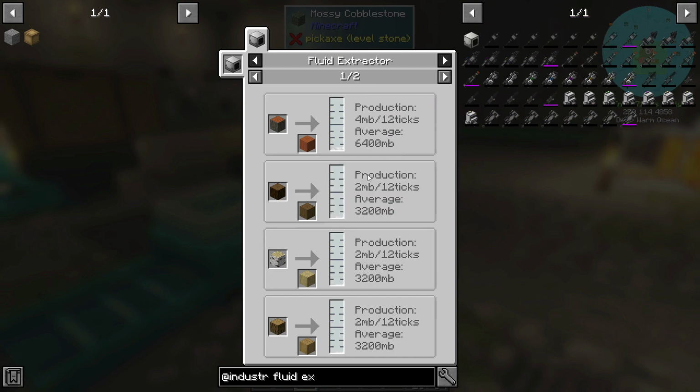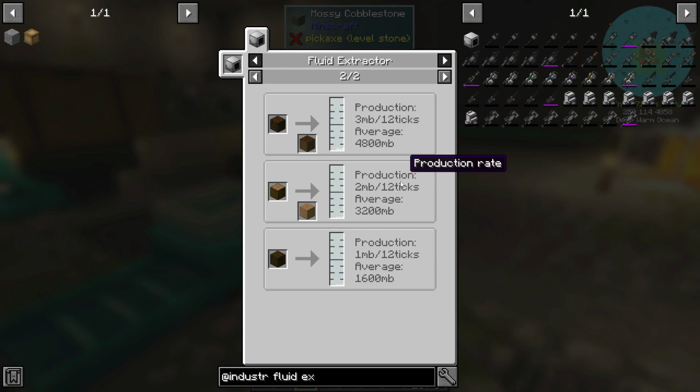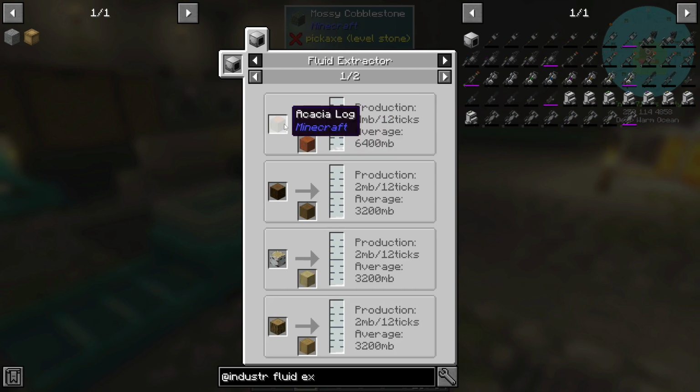But if we use different logs, we get different amounts of latex. So you can see you have 4 millibuckets per 12 ticks production here. These are all 2, 3, 2, and 1. So dark oak would be a good option. The best option, though, is acacia logs. So to get acacia